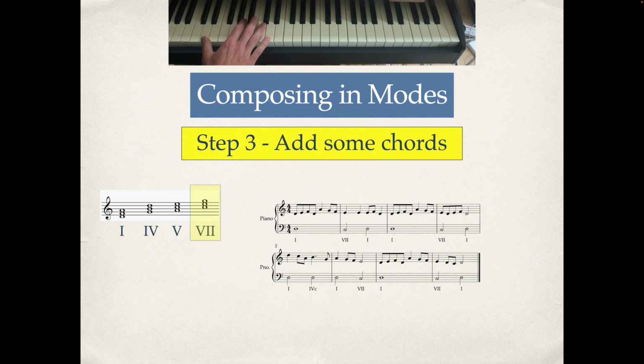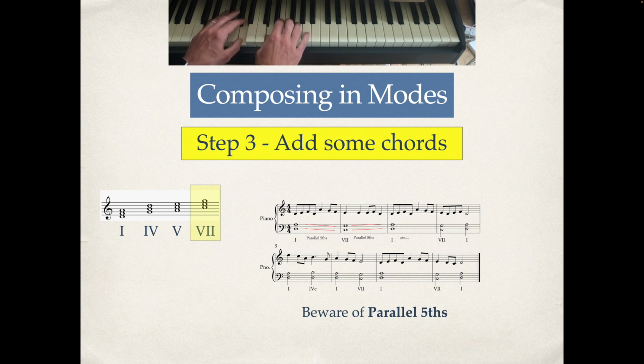Now be careful with this one, because if you start to put a sort of drone sound in, which is quite folky, just be careful, particularly if you're writing as part of a course, because you will start to write what's called parallel fifths. And in traditional harmony writing, they are very much frowned upon. In folk music, it's less so. But that's just worth being aware of. But an interesting harmonisation to do